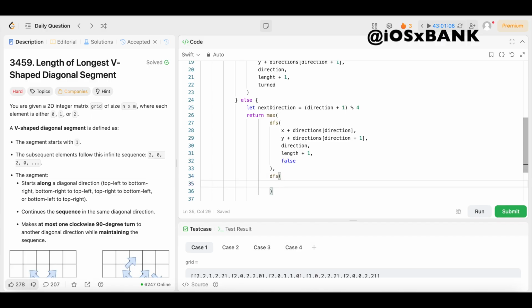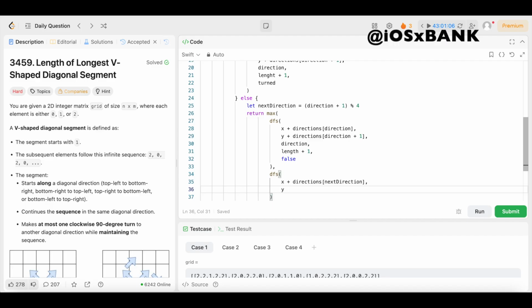Open up the parentheses. Same thing, except this time we're going to say x plus directions, open up the square bracket. This time we're going to pass in next direction. Boom. Come underneath that. First say comma, then we're going to do the same thing for y plus directions, square bracket, next direction,